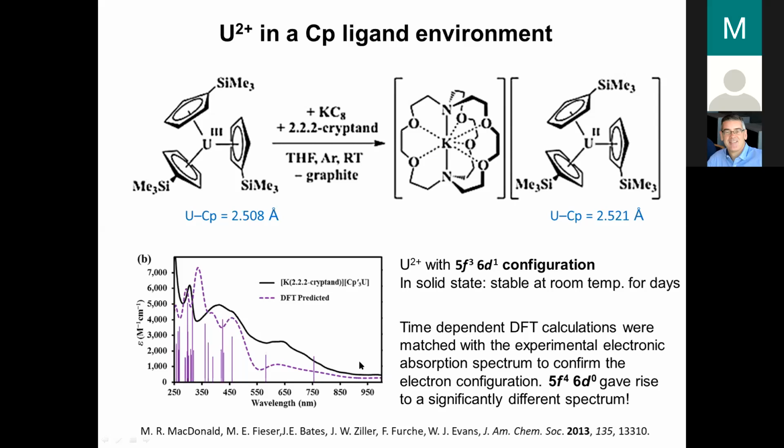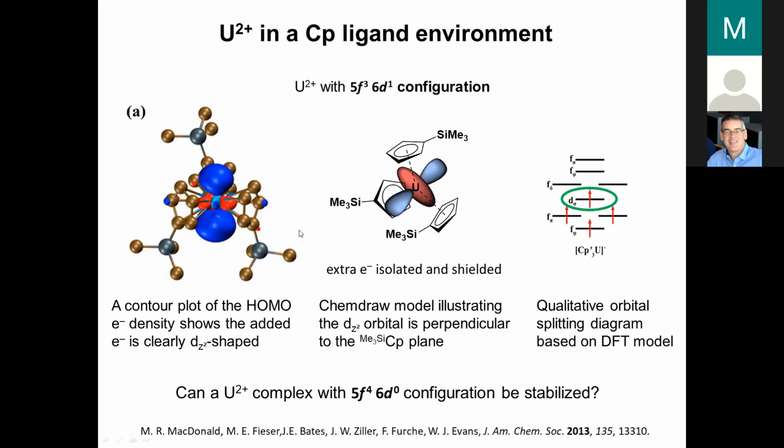And there was no agreement, it was a very different spectrum. Based on that rationale, they identified their ground state to be 5f3-6d1. What the quantum chemical calculations also allowed was to show the electron density cloud of that additional electron they added onto the metal center. And you can easily see from the shape that this really looks like a d orbital as their highest occupied